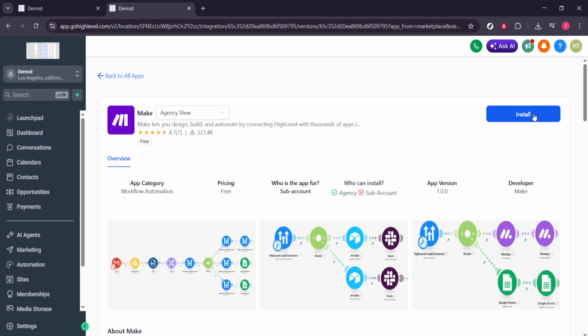If you run into issues during install, confirm you're in the correct location, clear your cache, or try another browser. Often it's just a permission or workspace mismatch. That's it. You've successfully added the Make.com integration to GoHighLevel, laying the groundwork for powerful, time-saving automations across